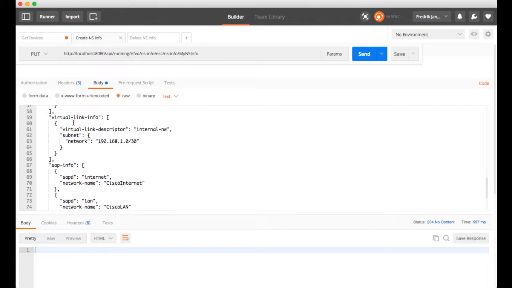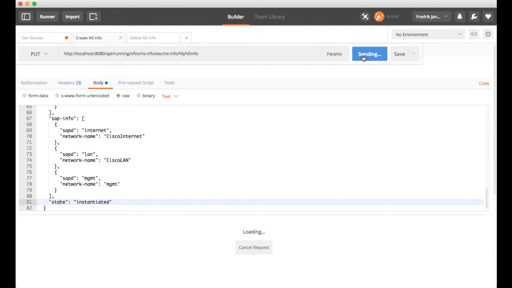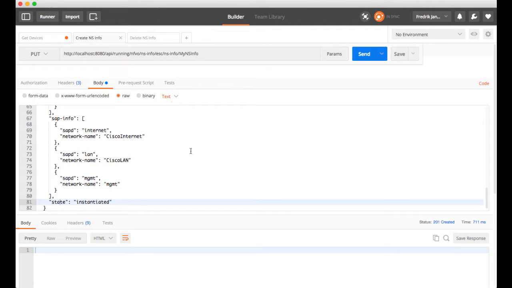So here I'm specifying the parameters for the internal network, just setting the subnet parameters. And finally, I'm connecting the service access points to the different network names. So the SAP Internet, for example, connects to the Cisco Internet. And finally, I'm setting the state to instantiated. Here it's possible to set it to not instantiated. That will load the configuration into NSO, but no configuration will be sent to ESC, and therefore no network service will actually be started. So what I'll do now is I'll send this to NSO, and while waiting for the result,